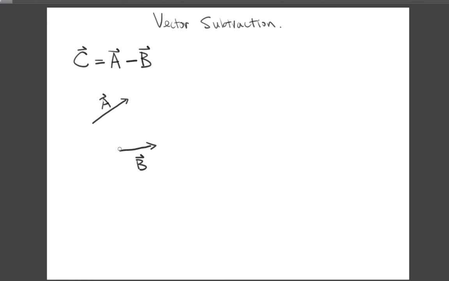So we can convert subtraction to addition: A plus minus B. And let's first figure out what is negative B. So negative B is vector B reversed in the opposite direction. That's negative B. Now since we know how to do A plus negative B by using head to tail method,